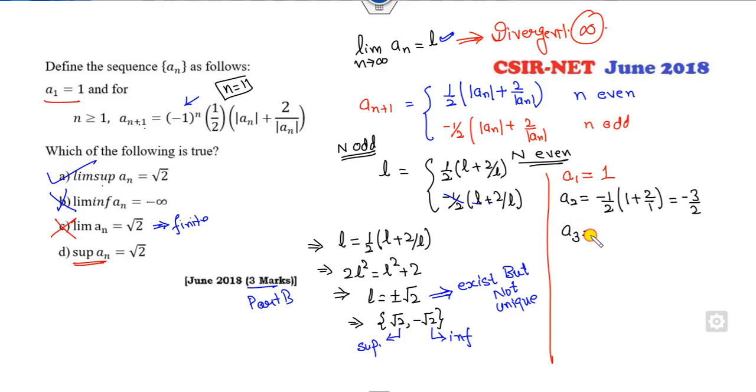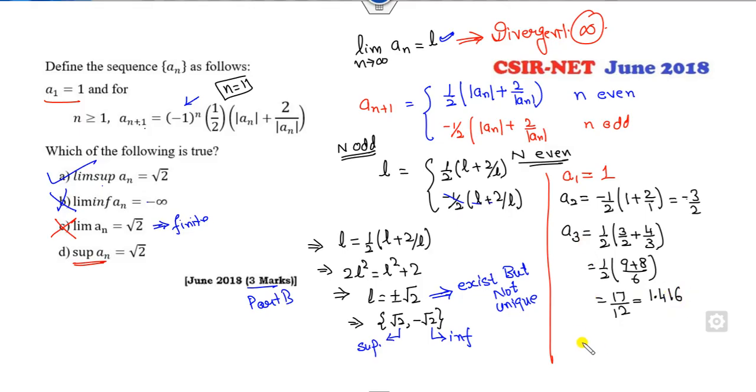We can find the A3. A3, n is 2, it's a half of A2, 3 over 2 plus 4 over 3. So it's a half of 9 plus 8 over 6. So 17 over 12. So its value is my